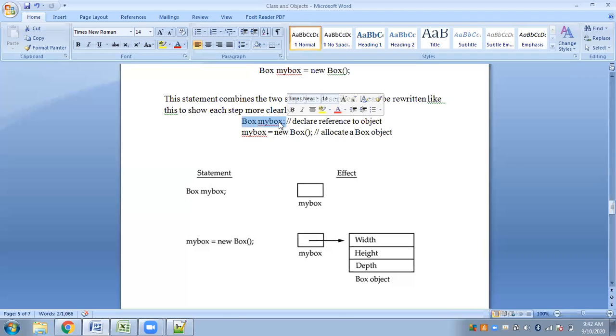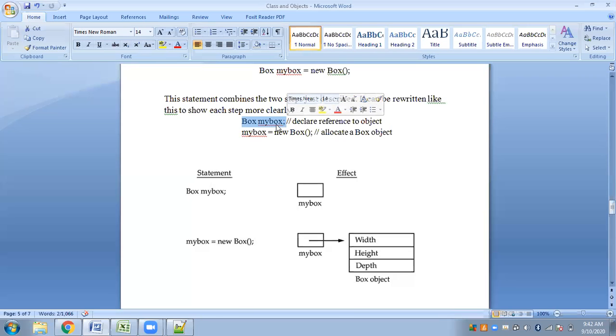And what this variable will do is simply point towards a memory location or a memory block, and that memory block will be the object. I repeat what I said.